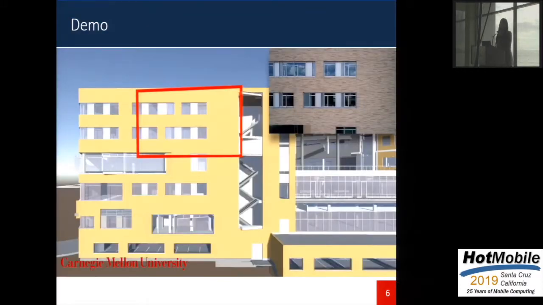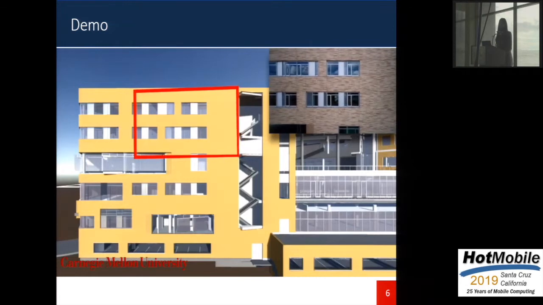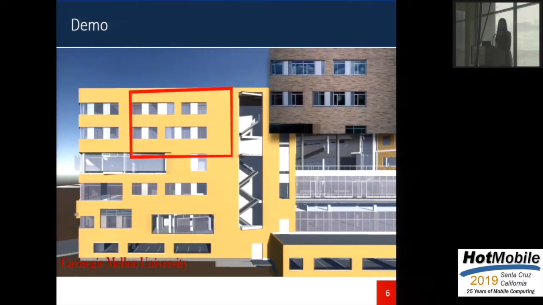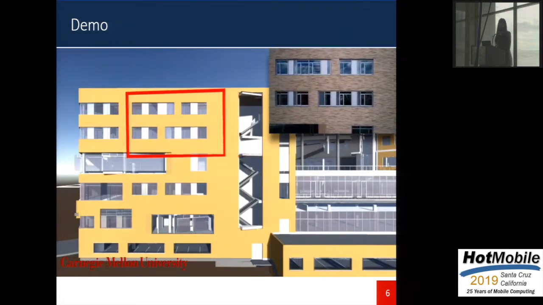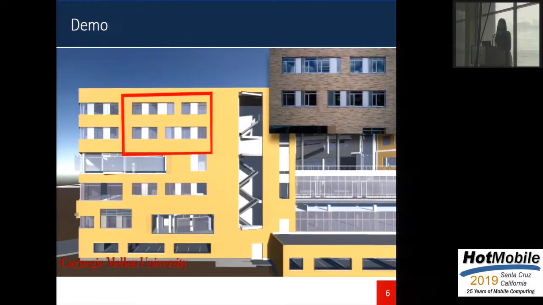So this shows a demo of our edge-based prototype. In the inset, you can see what the drone captures in real time. And we are annotating on the virtual drawing using the red bounding box that shows what the drone is seeing in real time.